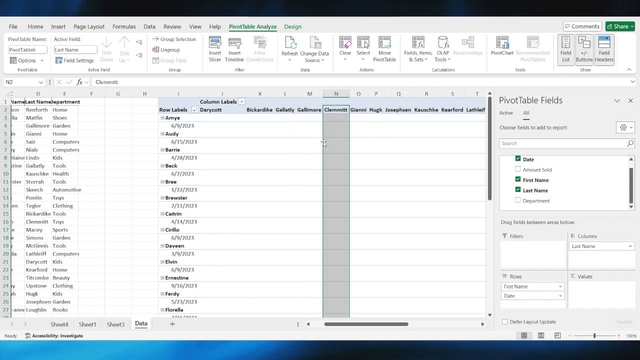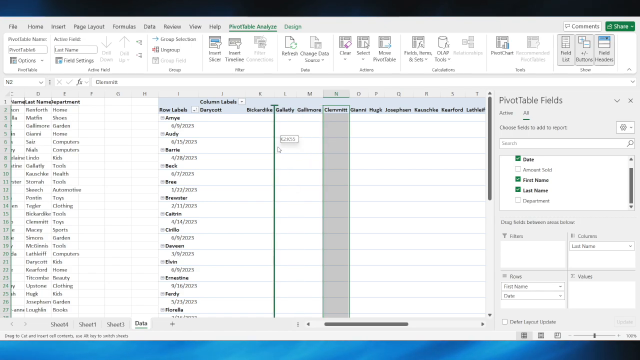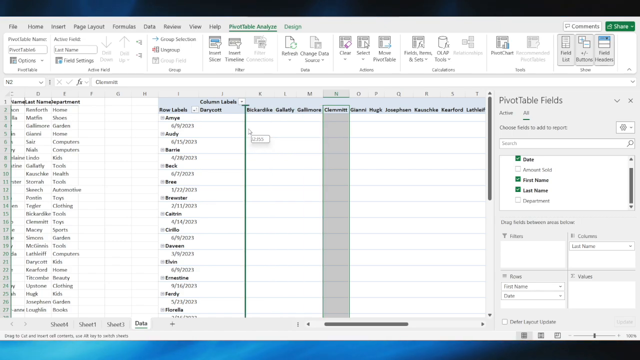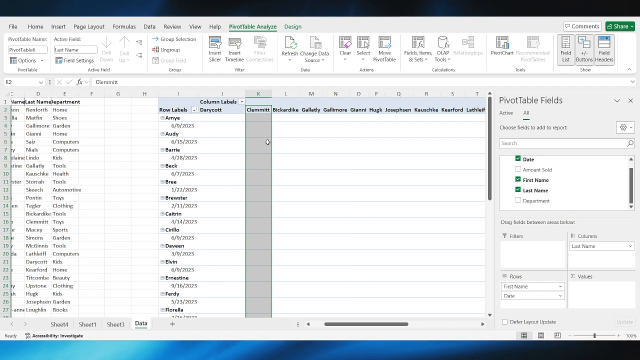So if you want to move it to your left, let's say you want to put it back, simply left click on your mouse and drag to the left. And if you want to place it right here, let's say, you can release your column right here. So basically, this is how you can move and drag